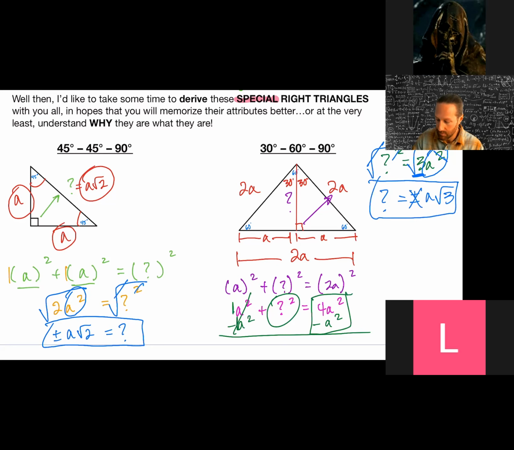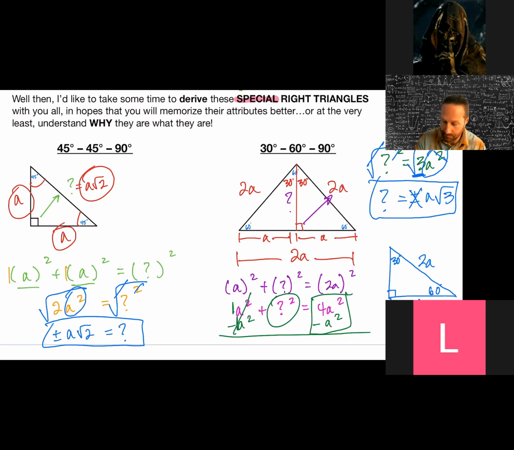we just found that a right triangle with a 30-degree, 60-degree, and 90-degree angle, opposite the 30, the smallest angle, gives me the smallest side. It will be a length of a. Opposite the 90, which is the biggest angle, gives me therefore the biggest side. It's twice as big as that 30, that small side. And since this is 1a and this is 2a, and this was the 30 and the 90, we know that 60 has to be somewhere in between 1a and 2a, and we actually found it's exactly